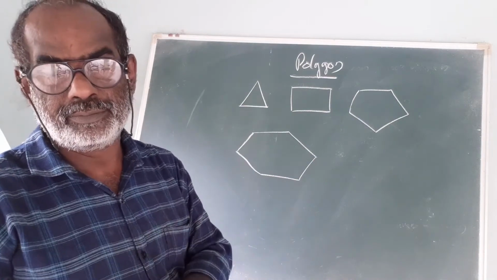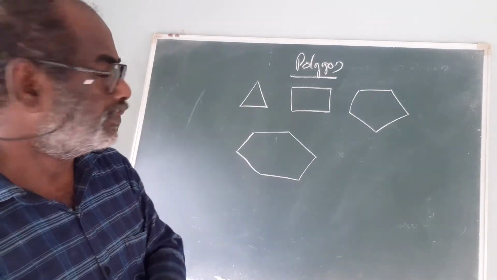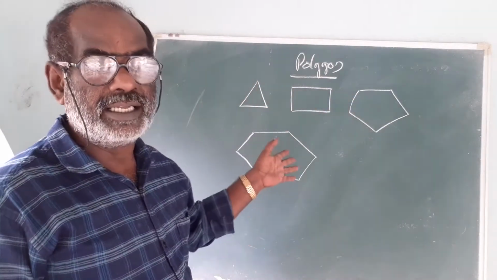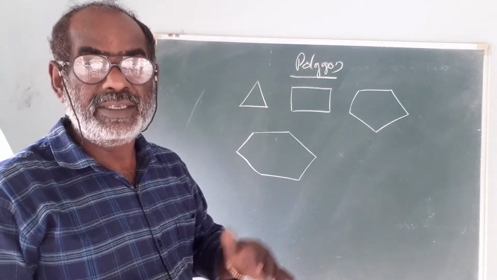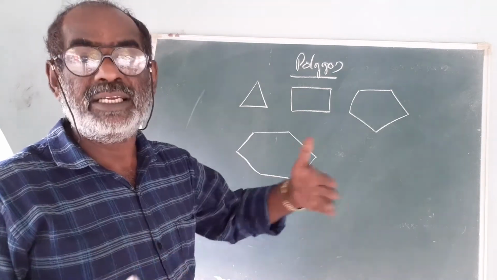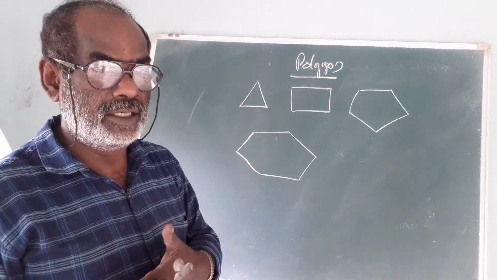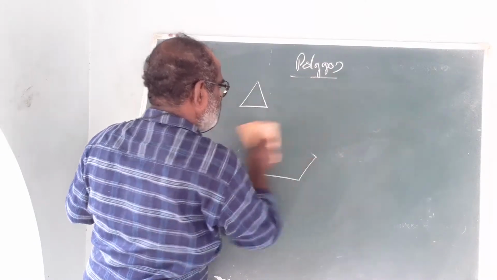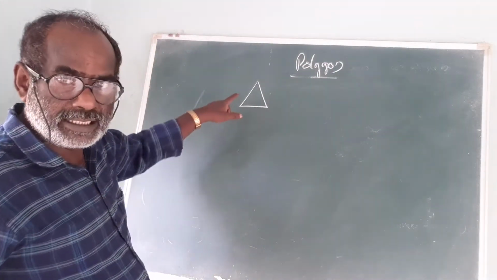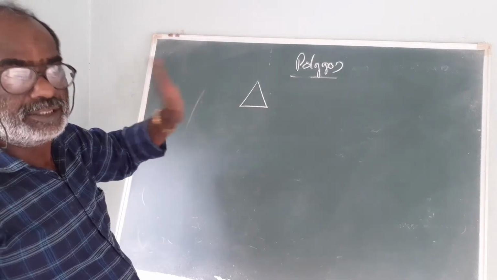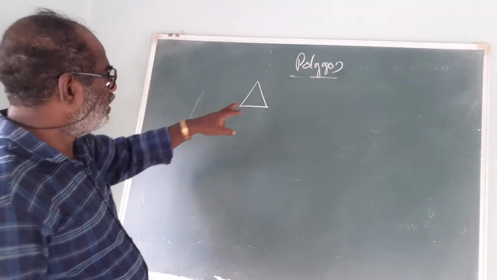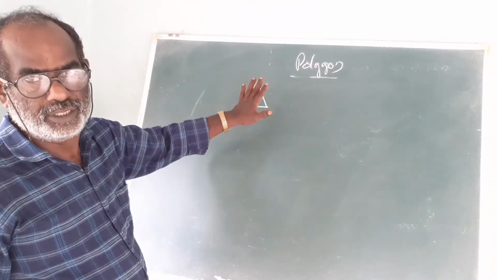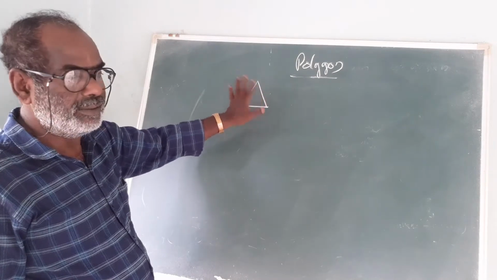In this chapter, we have to find the interior angles of these figures and what the exterior angles are. Then we can discuss one method for how to find the interior angle or exterior angle. For example, this is the triangle, the least polygon, the first polygon, because it has three sides forming a closed figure. Two sides means it is not closed, it is not a polygon. So three sides means a polygon.